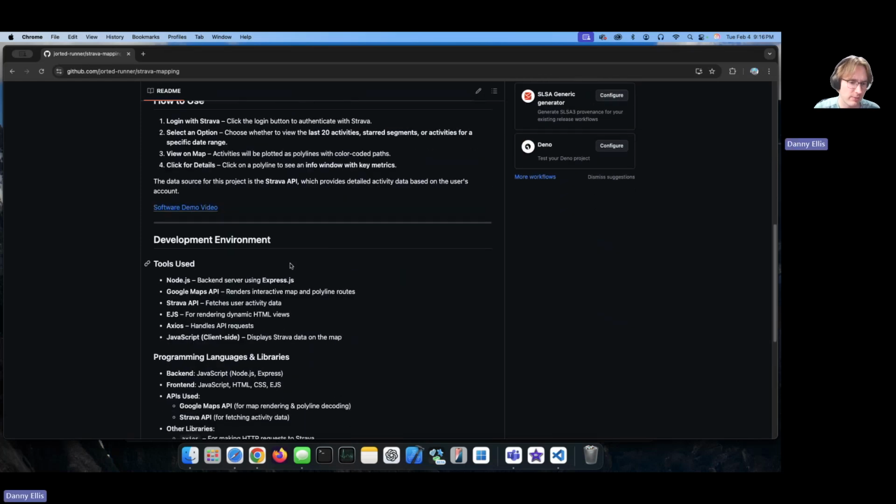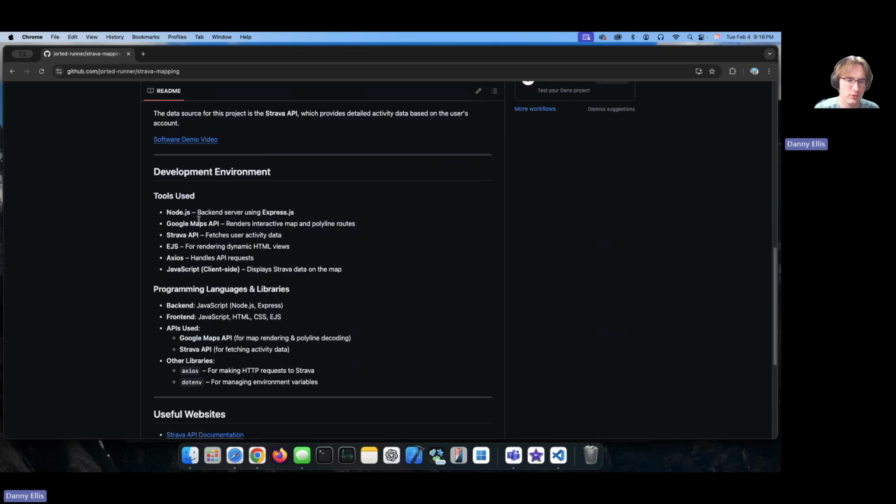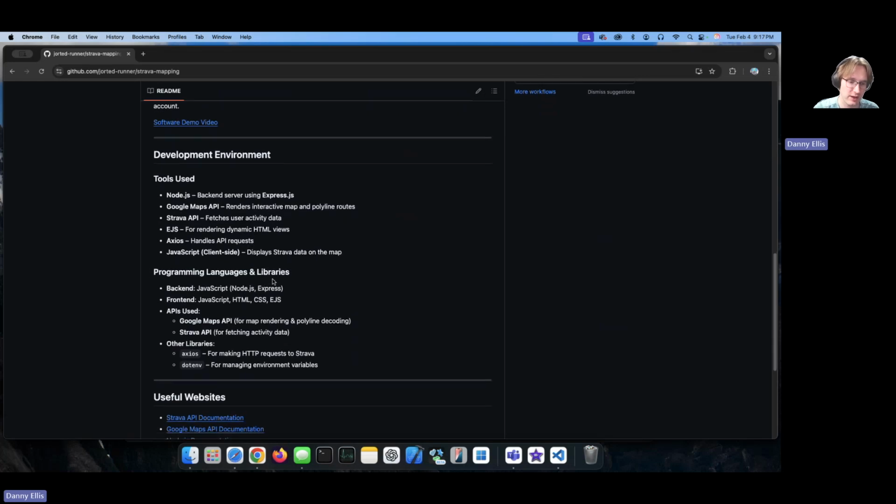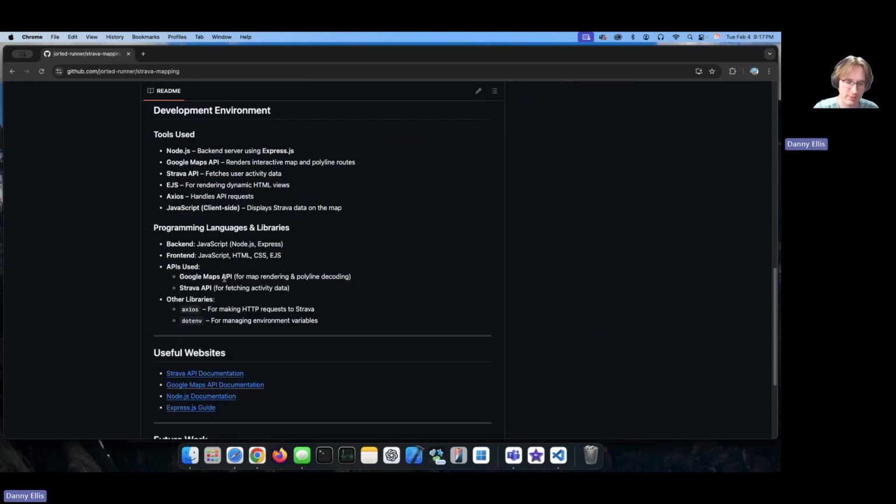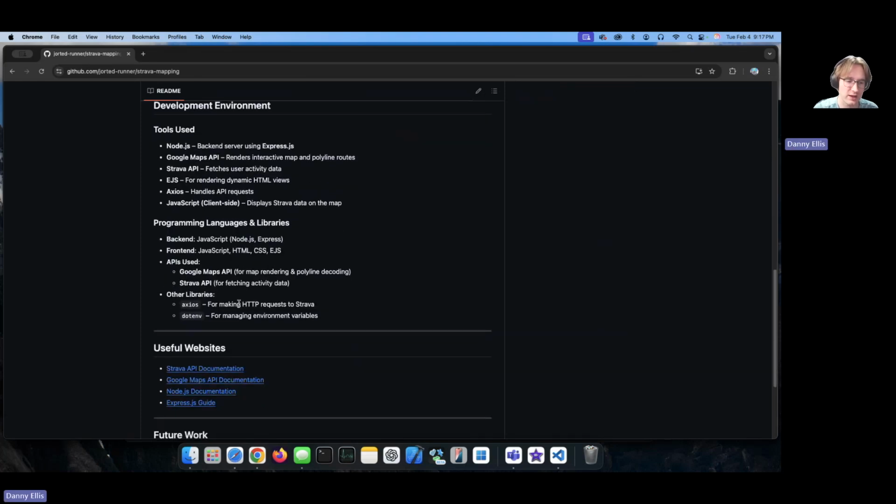The development environment was VS Code. I used Node.js, Google Maps API, Strava API, EJS, Axios, and JavaScript on the client side. Programming languages and libraries: the backend was JavaScript with Node.js and Express. Front end was JavaScript, HTML, CSS, and EJS. I used the Google Maps API and the Strava API, and then I used Axios for making HTTP requests to Strava, and then I used .env for managing